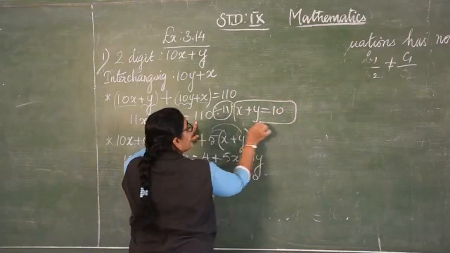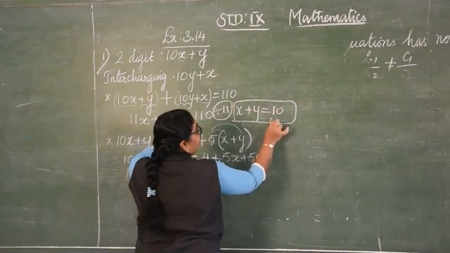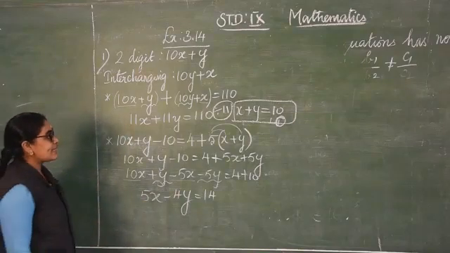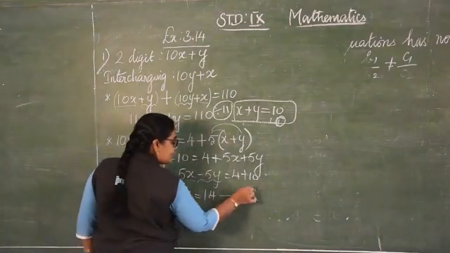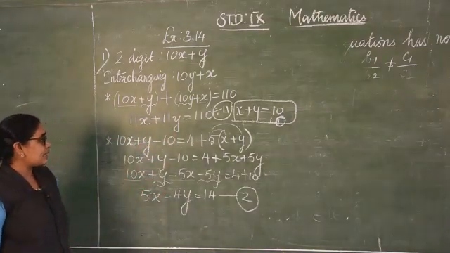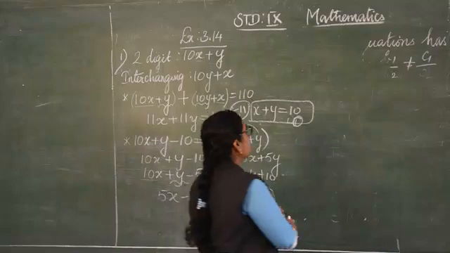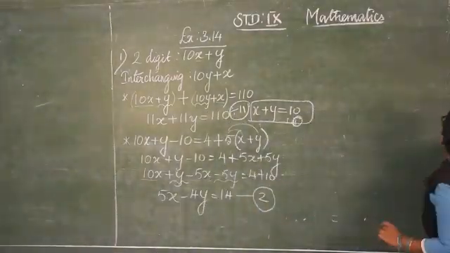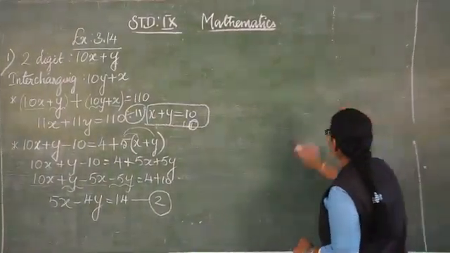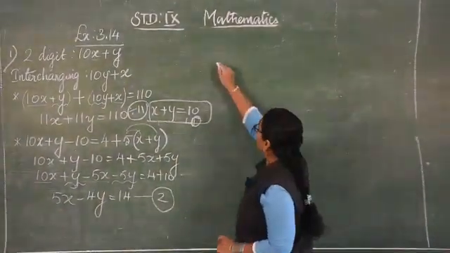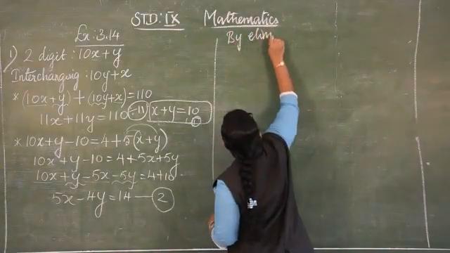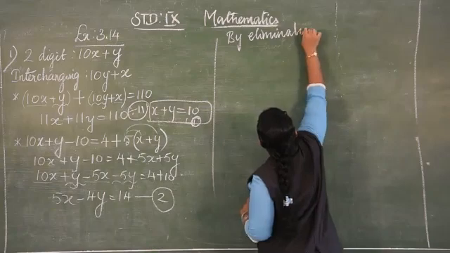We are considering this as your first equation. Now we can't simplify the other equation, so we are considering this as your second equation. On seeing the first equation and second equation, you are supposed to decide which method you are going to use to solve. Normally we prefer to use the elimination method so that you will complete your answer easily. So I will represent it by elimination, only for one sum.